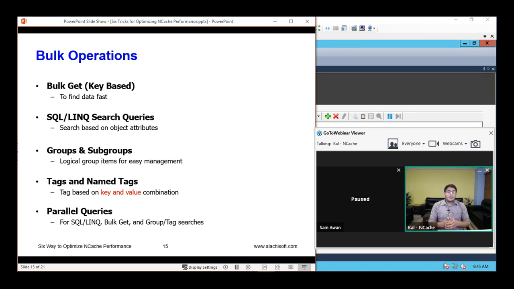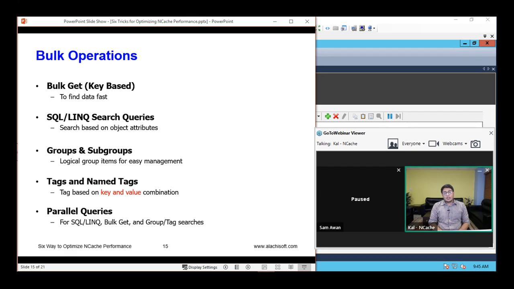Next one is that you can create logical collections within the cache. I'm going to cover both of them together. That's groups, subgroups, and then tags as well. So for example, if you have customers and their orders placed within the cache, you can group all the orders together. Since they're separate items in the cache, you can also keep collections, but we recommend breaking it down, because usually once you get an item from the cache, you don't need the complete object, you need a certain value from it. So if you break it down into multiple objects, you can use that in a more efficient manner.